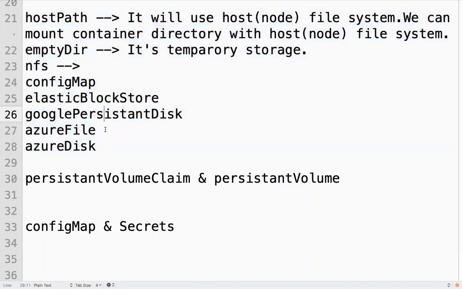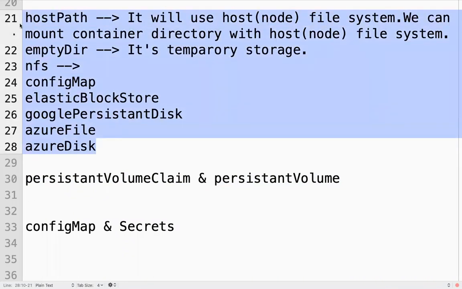If I directly use them, it will not maintain the life cycle of the volumes.